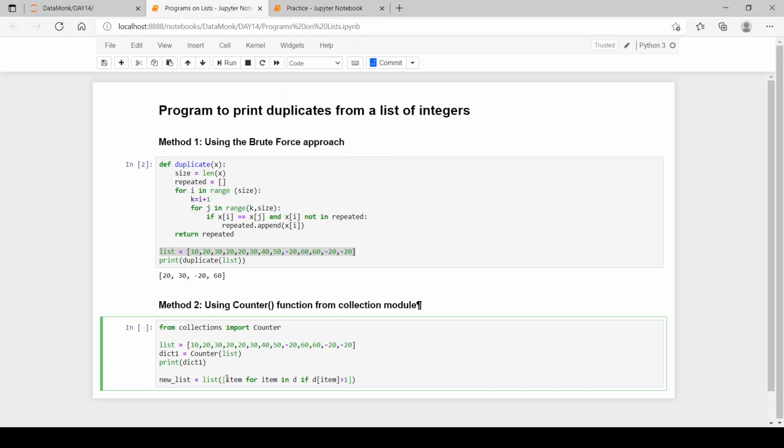What it will do is take only those items from the dictionary. So for item in the dictionary, it will include it if and only if the value of that particular key is greater than 1. And we will have our new list, so we'll just print out the new list.